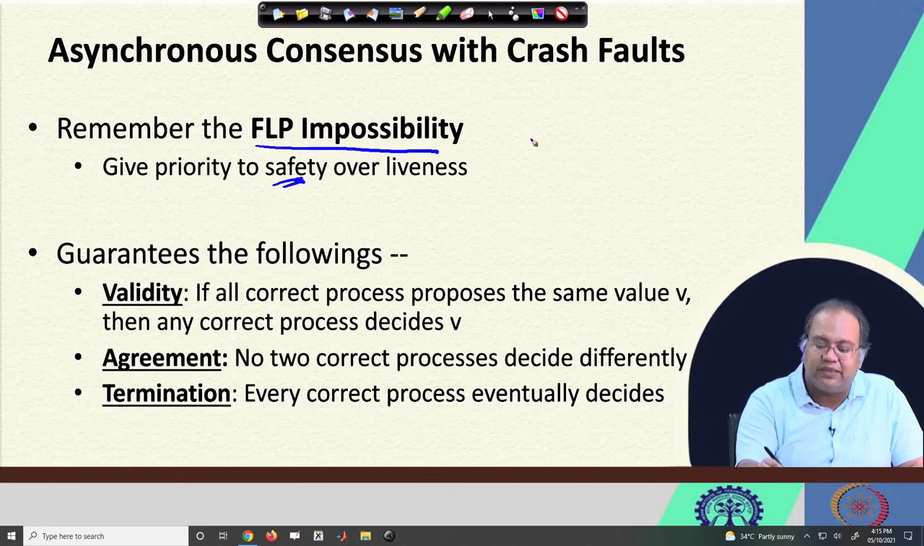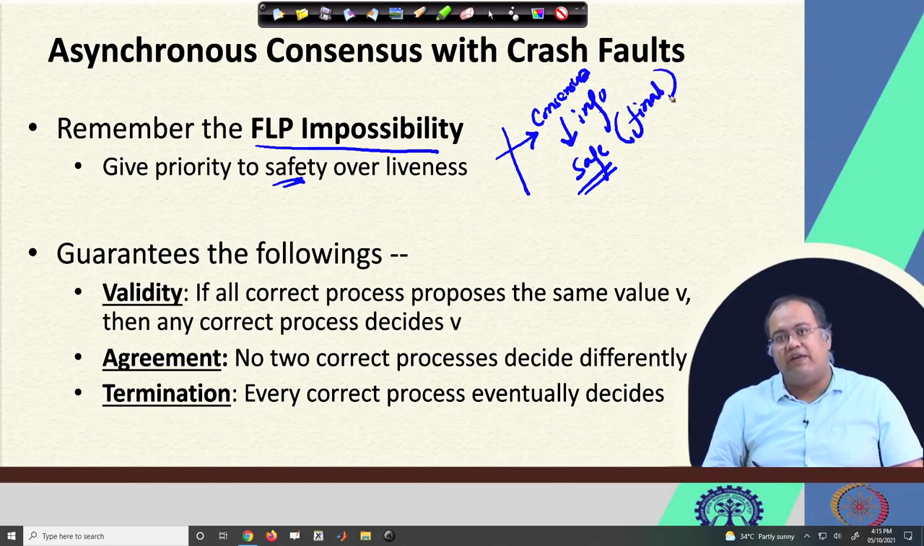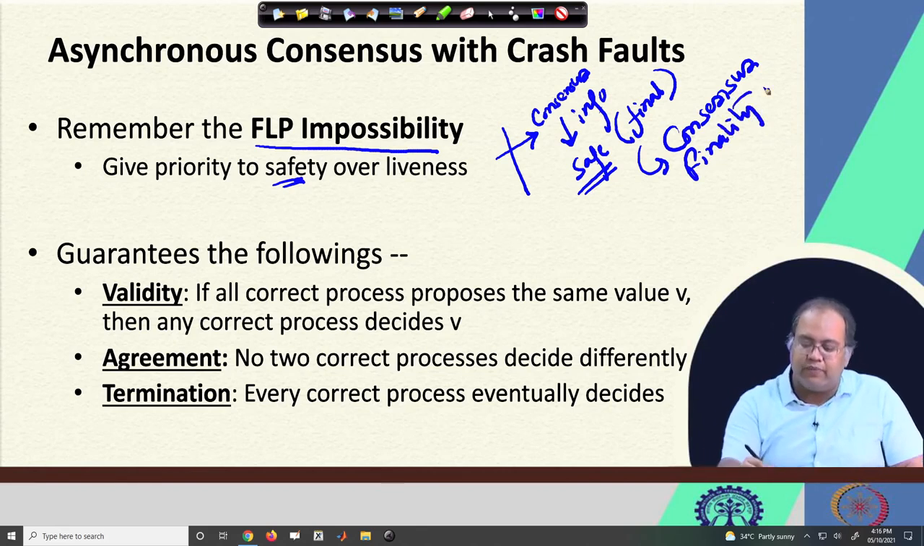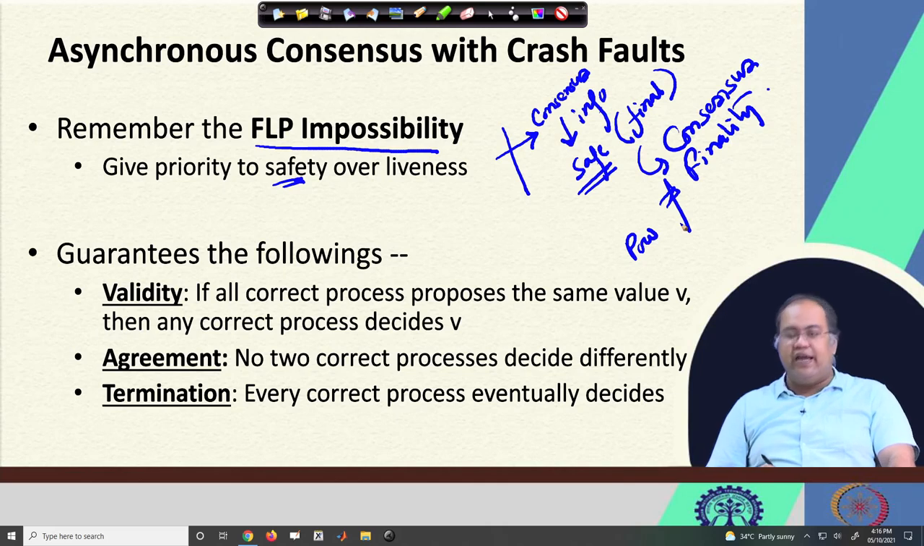So the objective is that whenever I reach consensus, I will have information which is safe. Safe means it is also final information, what we call consensus finality. In the context of proof of work blockchain, we have seen that it does not reach consensus finality, but in classical distributed consensus algorithms like Paxos and PBFT,